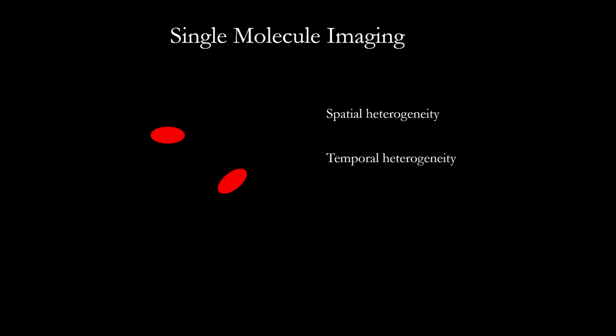And if there's temporal heterogeneity, what we should be able to do is watch one, and over time we should see that its dynamics change. So that's exactly what we try and do. And so here are two possible explanations